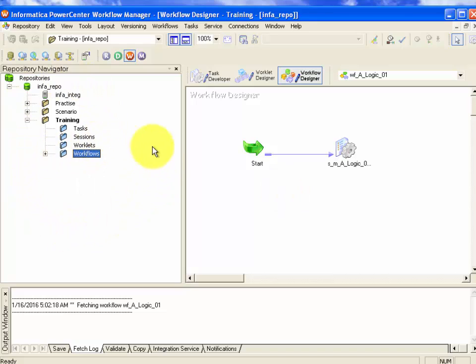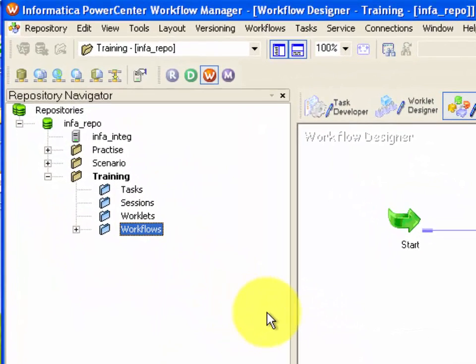The left side window is Navigator window. Navigator window shows you the list of objects like workflows, reusable sessions available for your work. Under the training folder, there are a couple of subfolders like tasks, sessions, worklets and workflows. You can expand a subfolder by clicking the associated plus symbol.